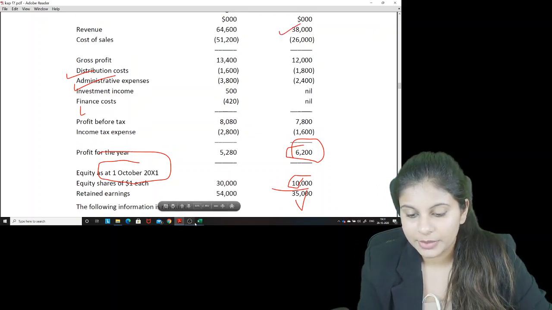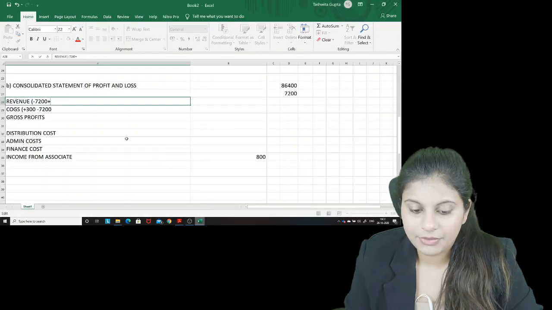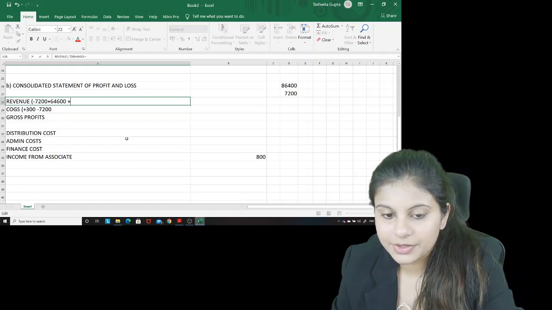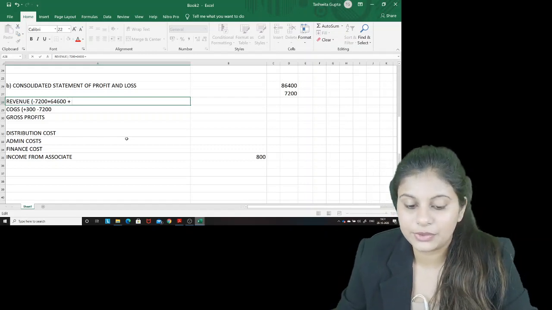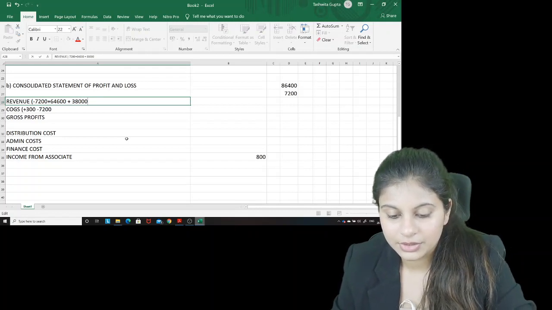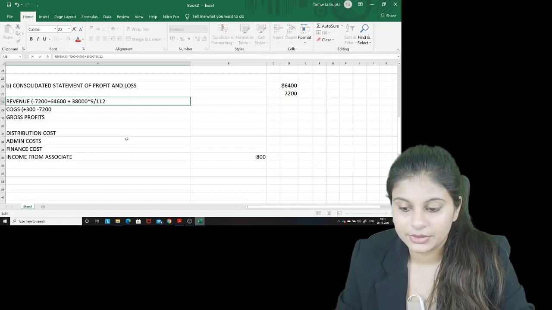So you can simply just write here 64,600, the whole of it, but subsidiary's after acquisition 38,000 into how much? 38,000 into 9 by 12. So what